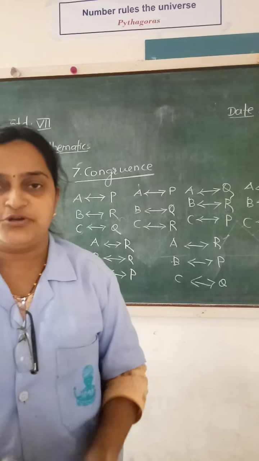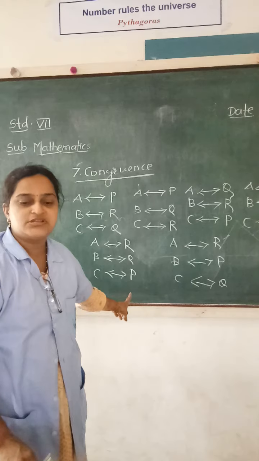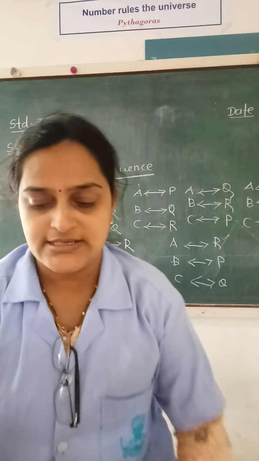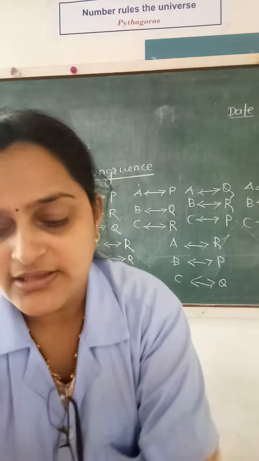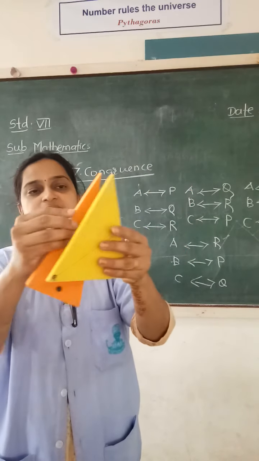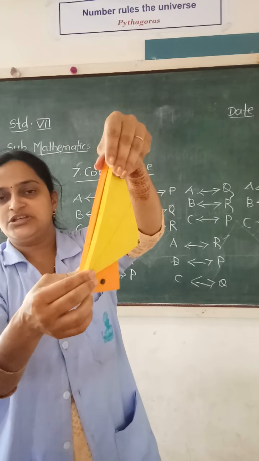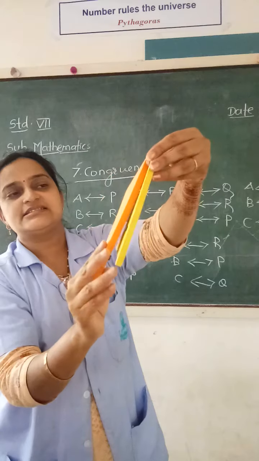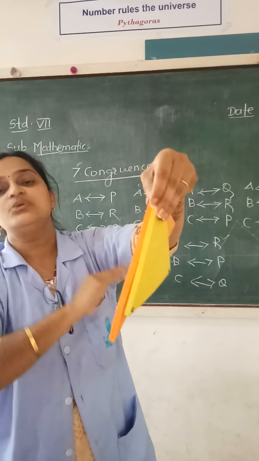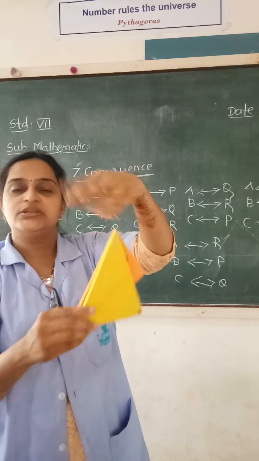It is enough for today. So try to understand this concept first. Repeatedly observe the video and try to understand these concepts. See, I have other triangles. Even if those two triangles are non-congruent, I can show the correspondence. I can place them on each other like this. I can rotate them. I can change this, and how I am going to come to the congruence using this, that I will explain to you in the next video.